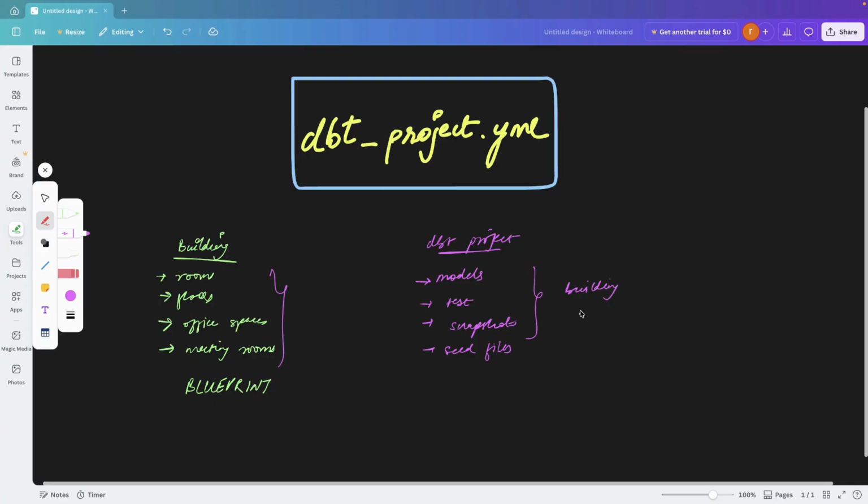Now, you're not just going to start building models straight away. You also need a blueprint. So in a DBT project, the blueprint is defined in the dbt_project.yaml file. Today we will be understanding what this particular file is, what are the things that are included in this file, so that whenever you create your DBT project, you will be able to confidently start and plan the